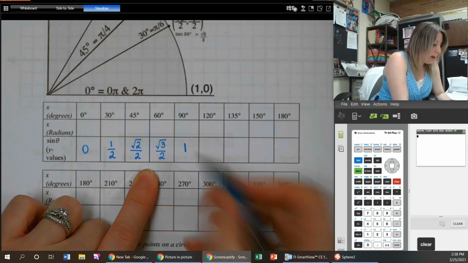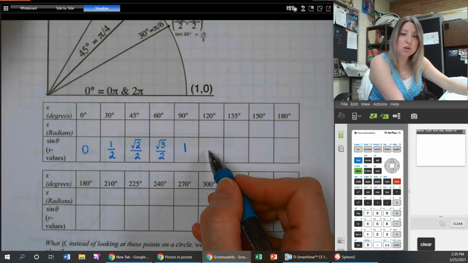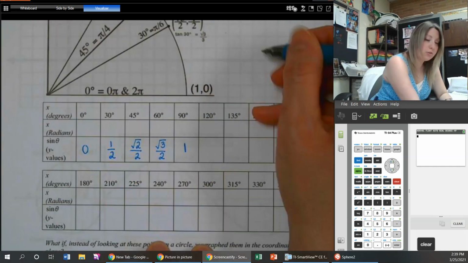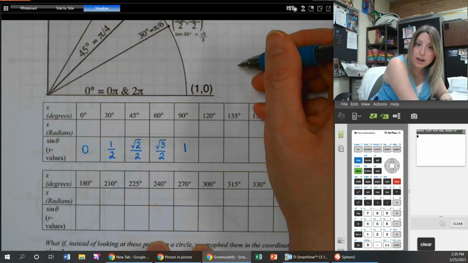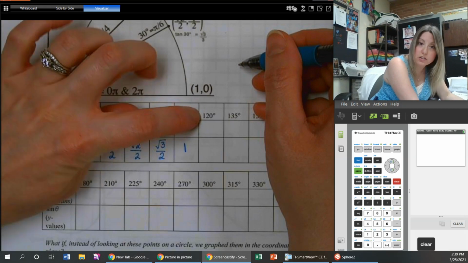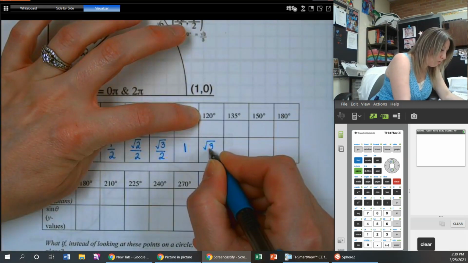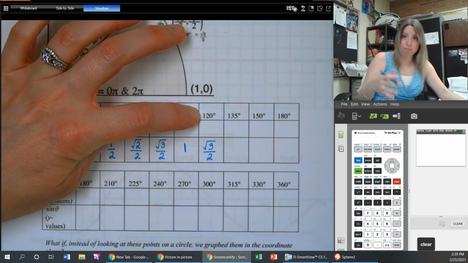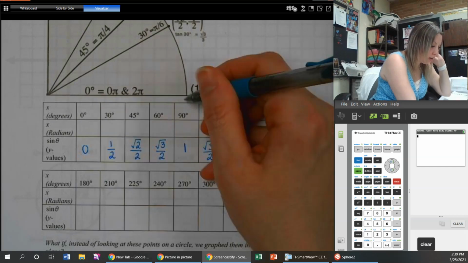Okay? Now, back on through, think of it this way. Now we're going through quadrant 2. So we start with the reference angle for 60 degrees. So we're at 120, and so we're down to radical 3 over 2. But in quadrant 2, sine is still positive. So think of it, here is